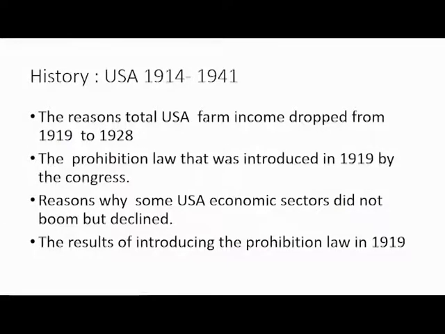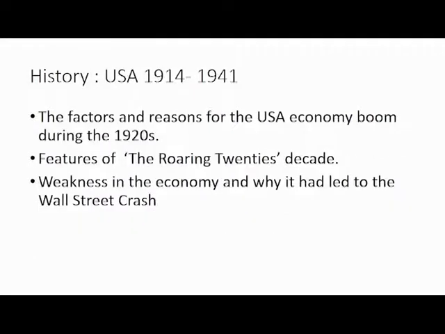the history of USA from 1914 to 1941. Look at the points as the reasons total USA farm income dropped from 1919 to 1928, the prohibition law that was introduced in USA in 1919 by the Congress, reasons why some USA economic sectors did not boom but declined, the result of introducing the prohibition law in 1919, the factors and reasons for the USA economy